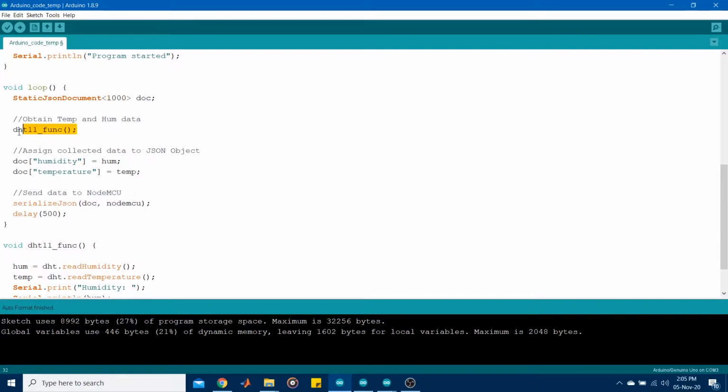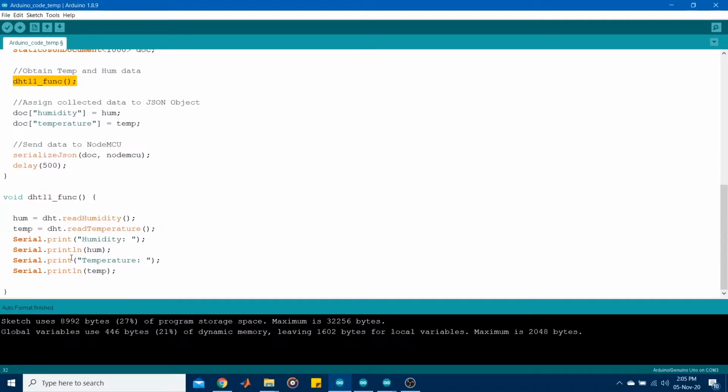The next step is where I just collect the temperature and humidity data. This function is all the way down here, so it just obtains the humidity and temperature data from the DHT11 sensor. I can then insert this data into the JSON object using these two commands. And the final step would be to place the JSON object on the serial port. This is done very simply using one command, serialize JSON, where you specify the name of the JSON object